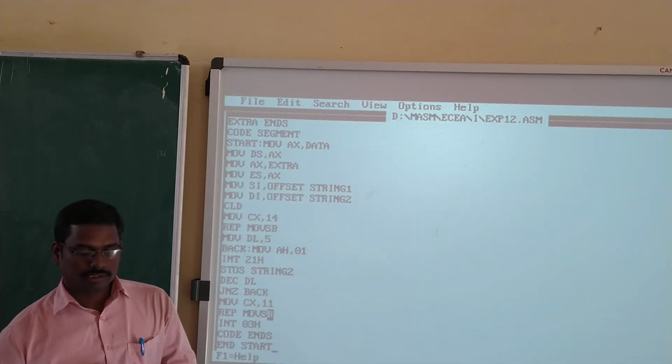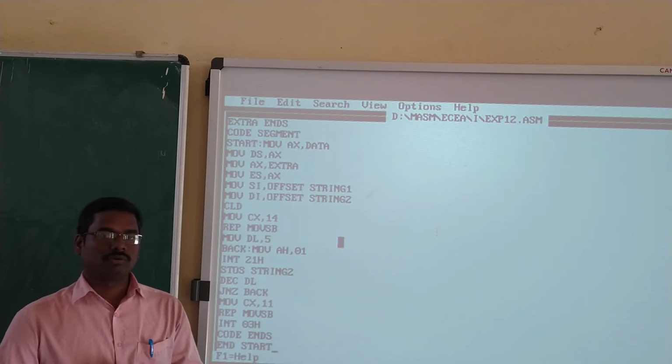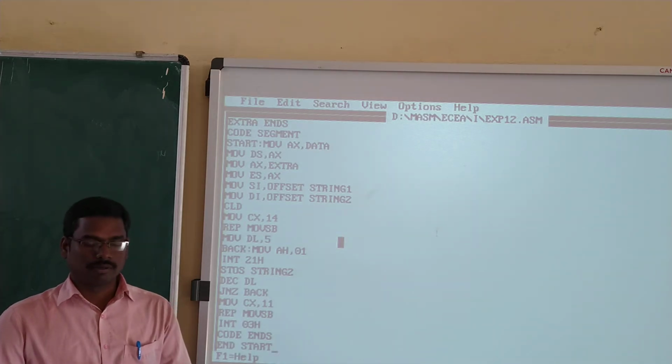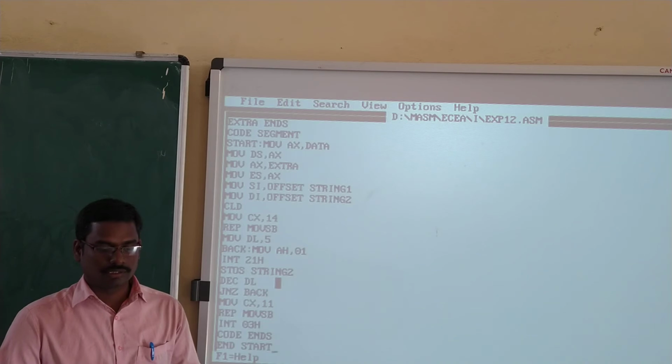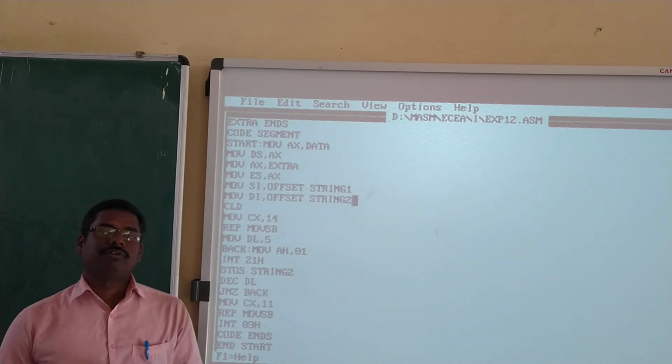Next, INT 03H terminates the entire program and returns to the command prompt. Next, the code ends with END START. So this is the program for inserting characters in a given string.